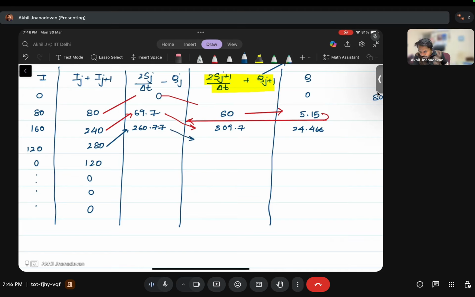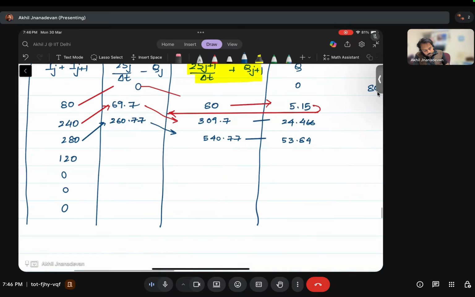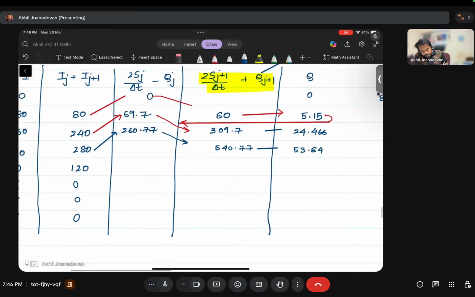Once we have 260.77, we add these two, and then we will be getting this particular column, which will be equal to 540.77. We will interpolate and get the discharge value corresponding to 540.7, that is 53.84. Then again we double it and subtract it from 540.77 to get this particular value as